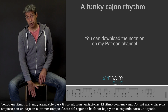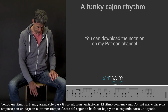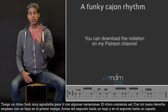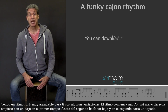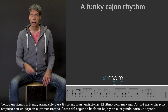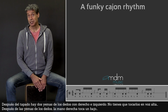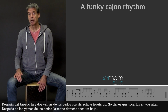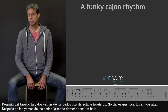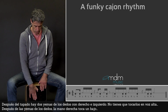Okay, the rhythm starts like this. I start with my right hand playing a bass on the first note. Then just before the second note, another bass, and on the second note, the snare is coming. Doom, doom, ka. So you have 1, 2, and that's the slap. After the slap, there are 2 fingertips coming with the right hand and the left hand. You don't play them that loud. You don't have to play them cha cha cha, but you just play